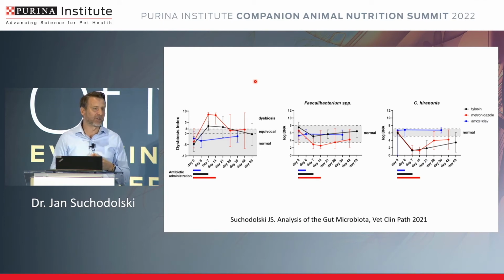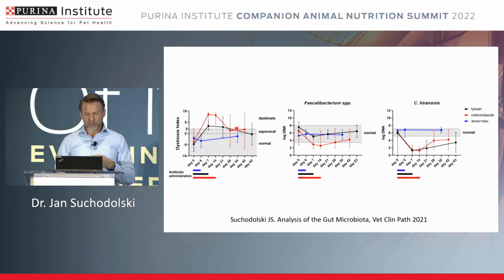That's really a fascinating topic. But ultimately, what you can see here are studies that we summarized together. In the red, metronidazole induces a huge shift in the gut microbiome. Tylosin, here in black, as you can see, takes some animals come back really quickly after 1 or 2 weeks,